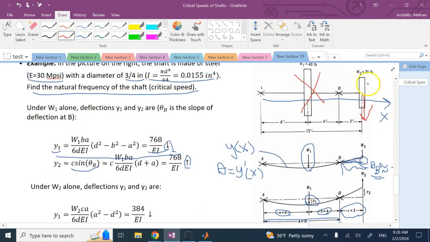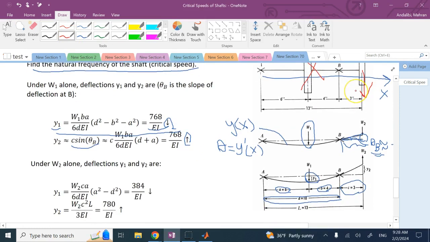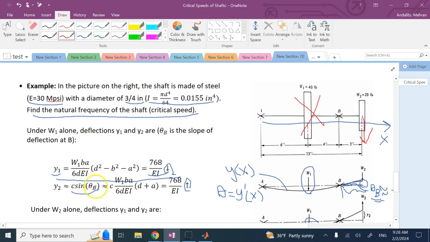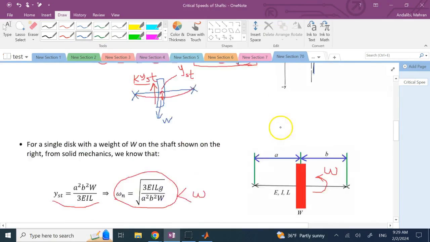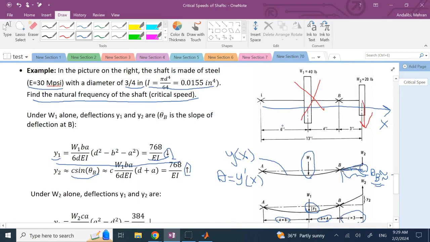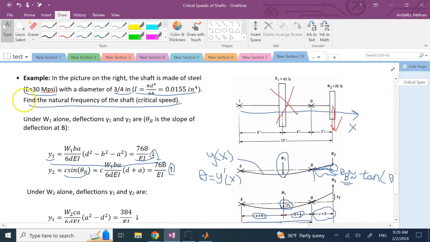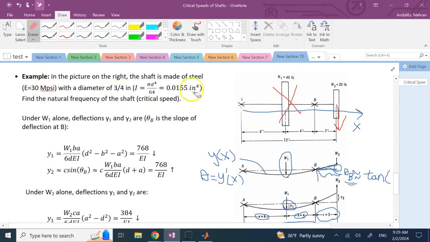Now here we go and look at the scenario for neglecting W1 and looking at W2. Now, one thing that is very interesting here, if you look at the book by Martin, which by the way, again, the pictures and the equations here are coming from his book on kinematics and dynamics of machines, one thing interesting that he mentioned, and you have to go through it and read it a few times to understand it properly, is instead of